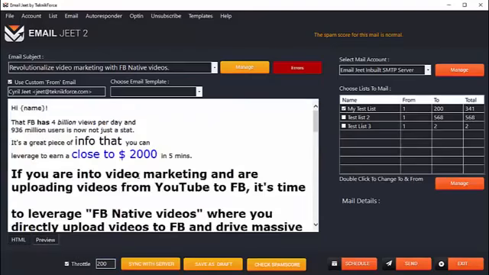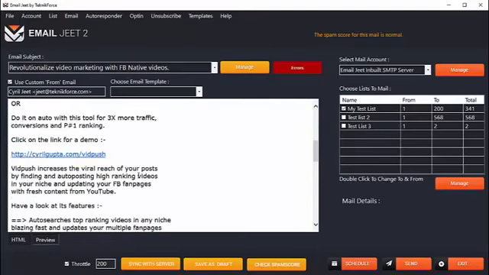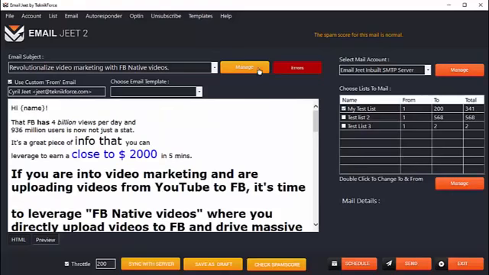You can preview how exactly your email is going to look to your customer, and you can even have templates. If you want to put in an HTML template, it's possible through Emailjeet. We have a collection of templates that you can use, and you can even plug in your own templates. It's very easy to do, and you can have your custom email sent out